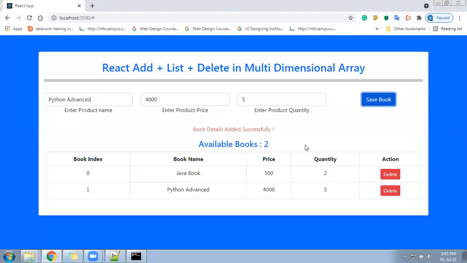Guys, welcome back. We are going to learn a new thing under React called multidimensional array using class component: how to add the data, how to list the data, how to delete the data. Of course, we are going to see the edit also, but in the next series, because edit will be difficult for you directly. In the previous video, we have seen